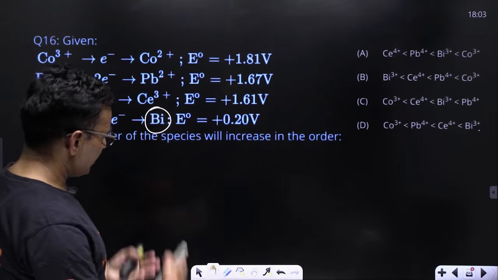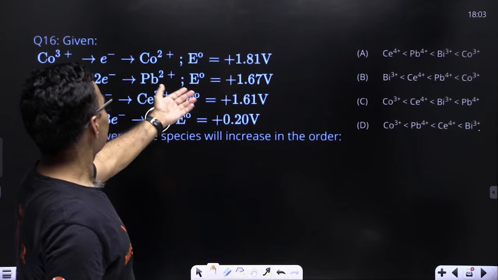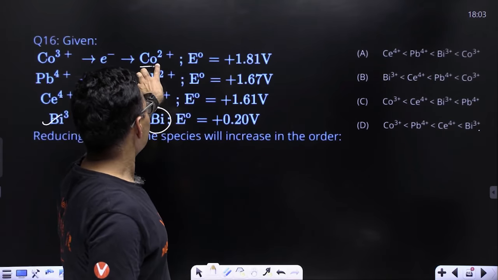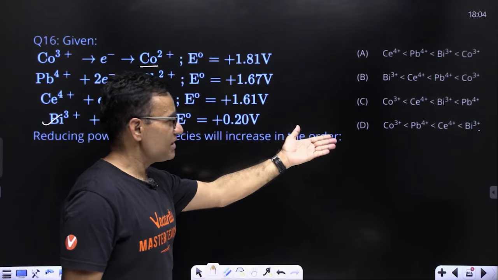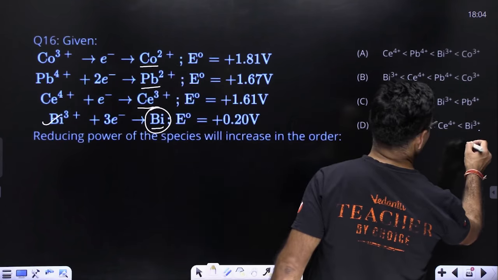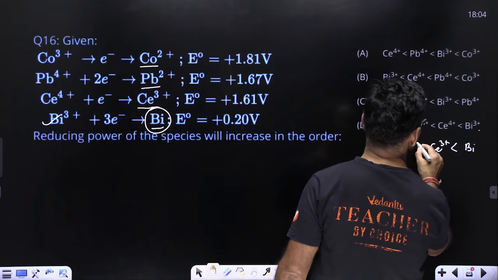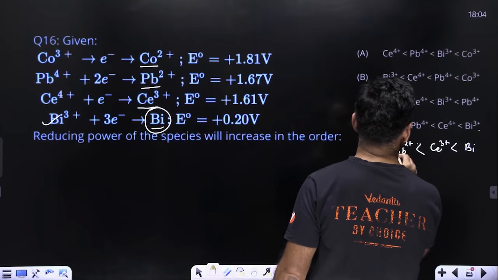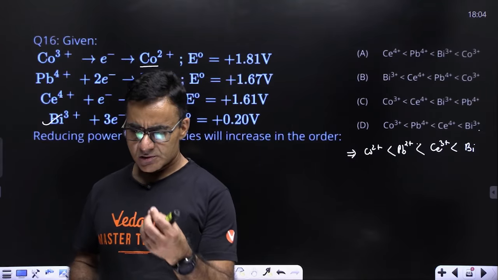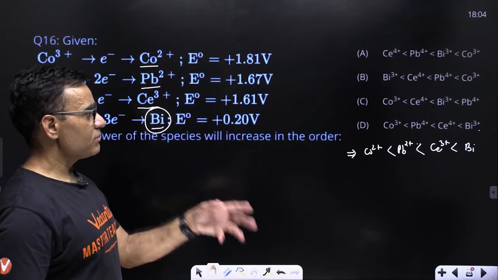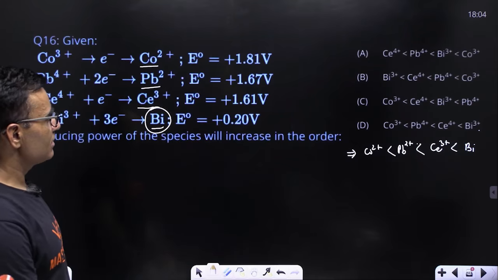But आप डिक्रीजिंग ऑर्डर में, I mean जो SRP की वैल्यू उसके इंक्रीजिंग ऑर्डर में लिख दो। तो अकॉर्डिंगली कोबाल्ट 3 का हाईएस्ट है, Co3+ to Co2+, तो Co2+ is best reducing agent, followed by Pb2+, followed by Ce3+, followed by Bi। तो इससे बेटर ऑप्शन ये हो सकता था कि इनकी जो रिड्यूस्ड प्रोडक्ट है वो लिखे जाते, जैसे bismuth is the best reducing agent, then Ce3+, then Pb2+, then Co2+। ये होना चाहिए अच्छा वाला ऑप्शन, because रिड्यूसिंग एजेंट तो जो ऑक्सीडाइज्ड पार्ट होता है उसको बोलते हैं। तो इसका बेस्ट ऑप्शन ये होना चाहिए था। ऑल राइट,